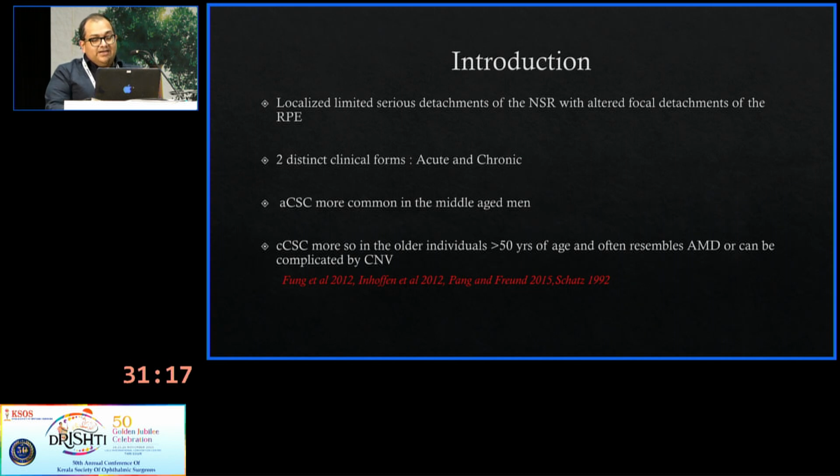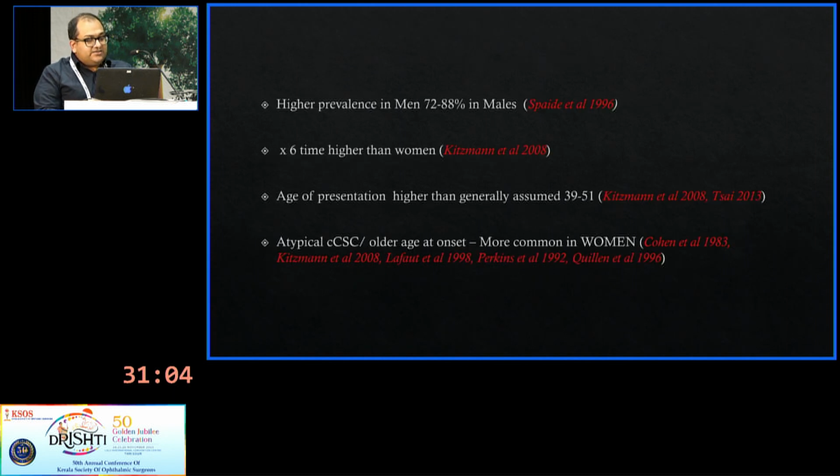The chronic CSR is a specific entity when it is seen in patients above the age of 50 years, and it often resembles CNVM or ARMD, and it is often complicated by a similar picture. It has a higher prevalence in males, about 6 times more than in women,